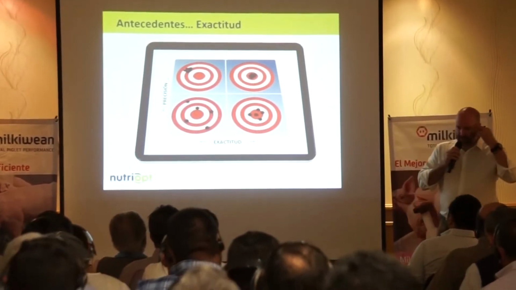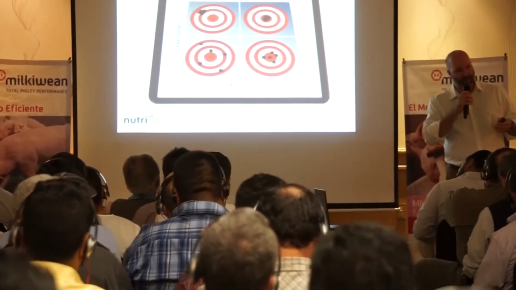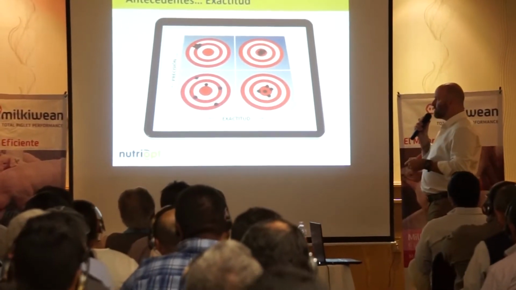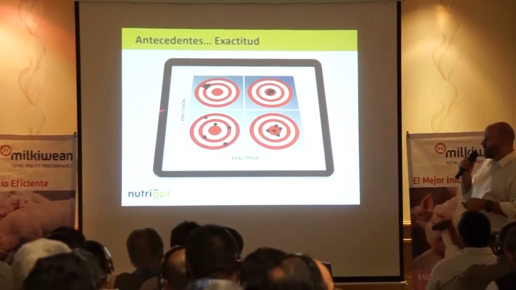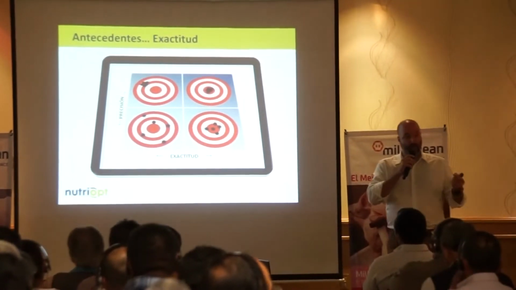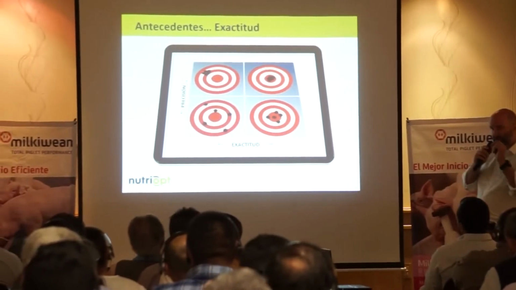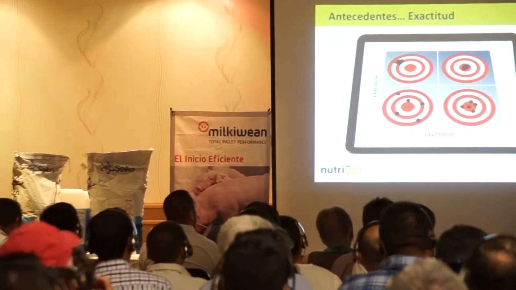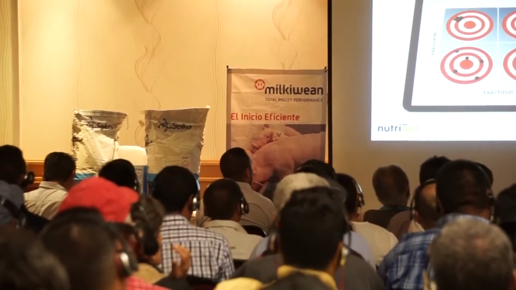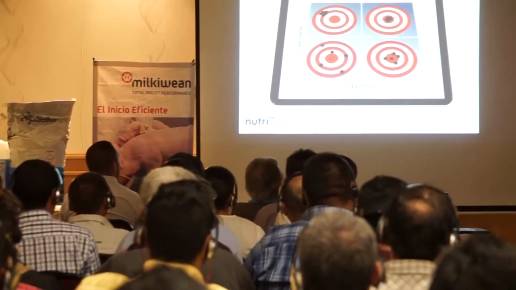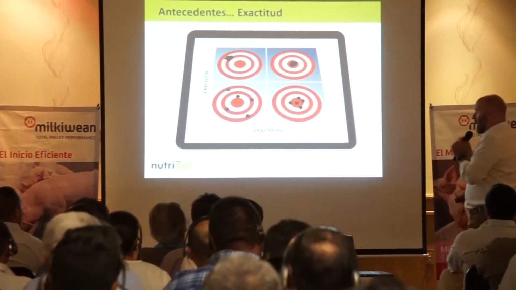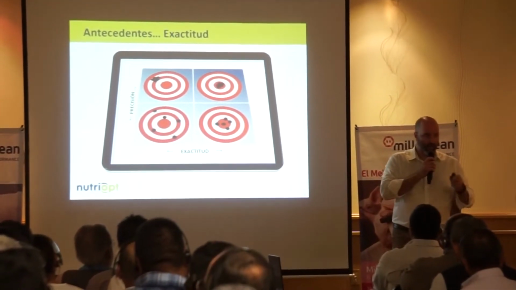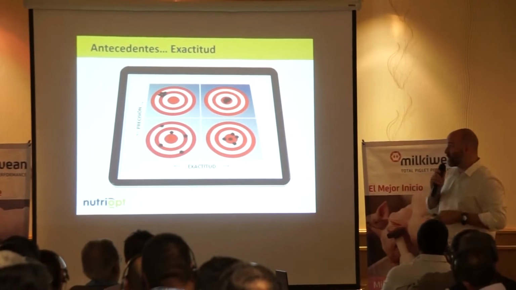This is a nice depiction of the difference between precision and accuracy, and really we like to balance both. With accuracy, you can be quite accurate, hit the target every time, but you're not very precise in doing it. You're not giving a repeatable result. What we try and do is we try and be accurate and precise. We like to hit the target every time, and we like to be very exact in our response and repeatable in our response. Everything that we do is based on good, sound science, and that's why we always benchmark and we always validate before we bring it to you as a producer.